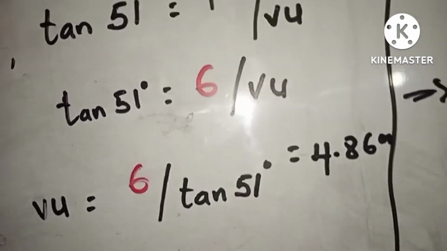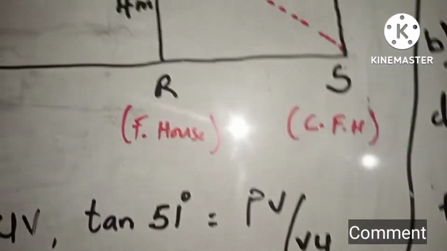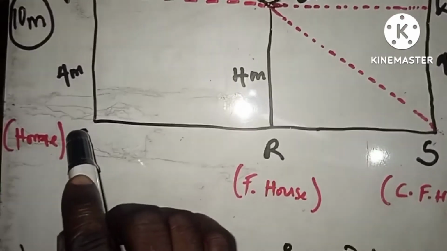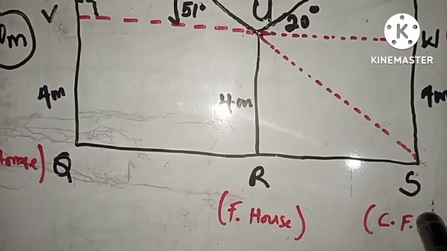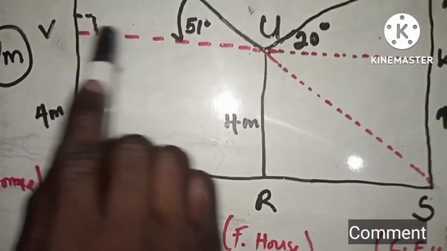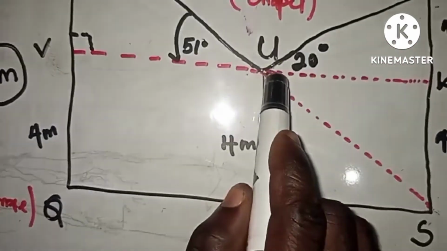So the same thing applies to the second angle. Why are we doing all this? We are doing all this to determine the distance from your home to what? Your childhood friend's house. Is that okay? So the childhood friend's house. Now you're able to find from here to here. So if you're able to get from here to the final point here,